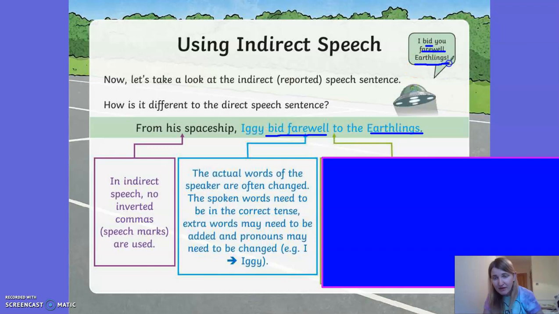So bid farewell and earthlings, but the I and you has been changed. The I has been changed to Iggy, and the you has changed to the. Okay, so